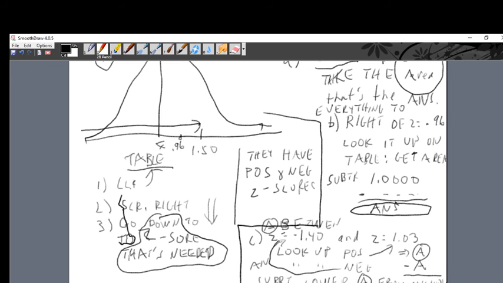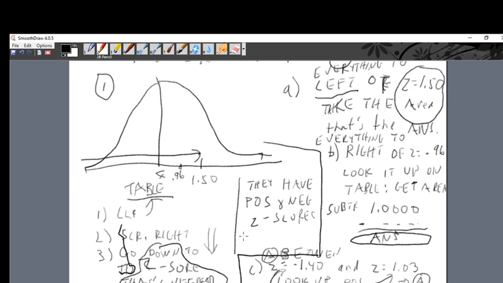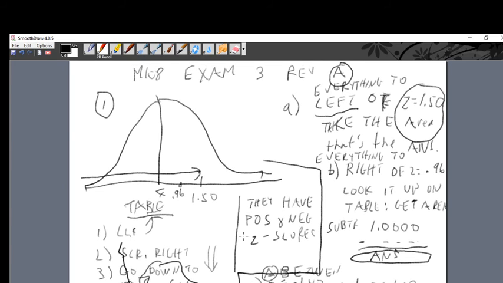Okay, now I probably have a little bit more room. Whenever it says between, I can put it right over here. Wherever we just did C, where it says between, right? It's not very legible, but it says between. They want the area between. Wherever the question is the area between two z-scores,